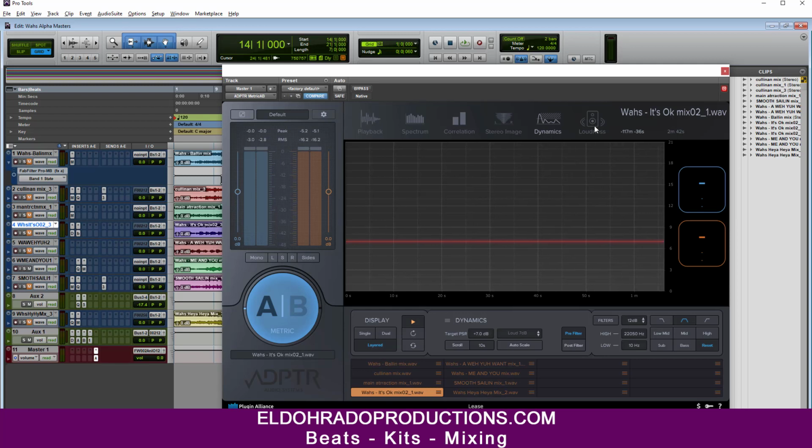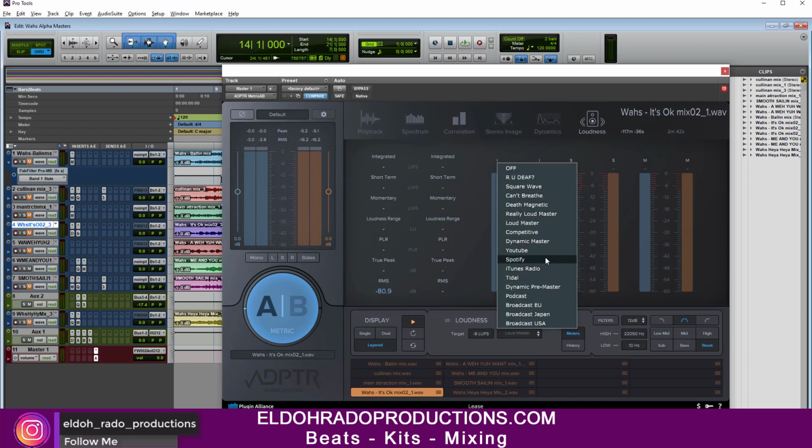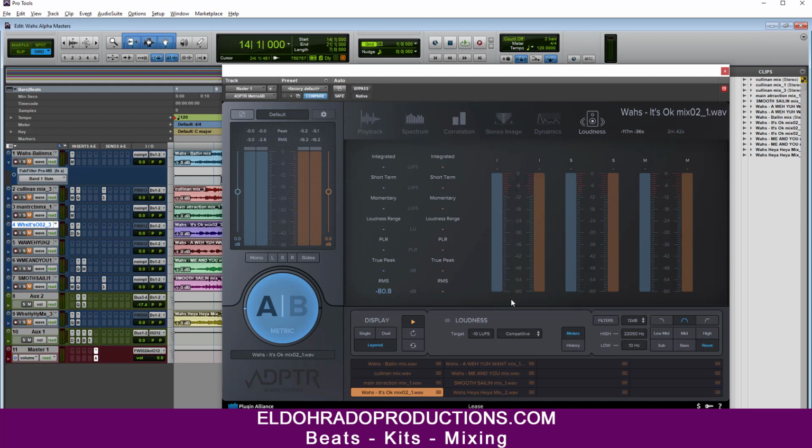So over here in this section you have LUFS, and the target loudness level that I have for this mastering is -8, but however I don't peak there. I just put it there because I want to peak at -9. I don't think they have some preset here, like for Spotify you have -14, YouTube -13, Tidal -6, you know, it's sort of crazy stuff. Because I want to peak at around -9, -10,